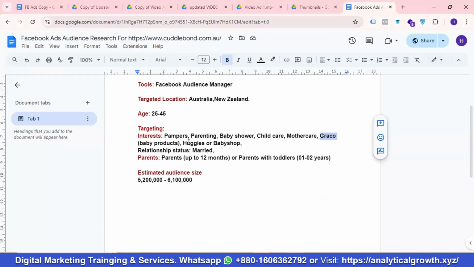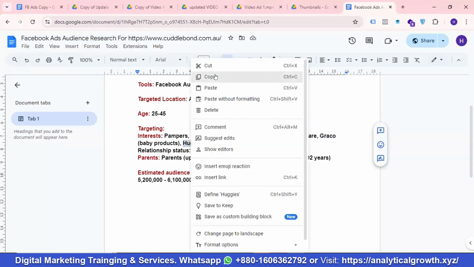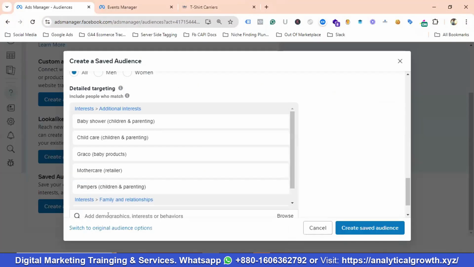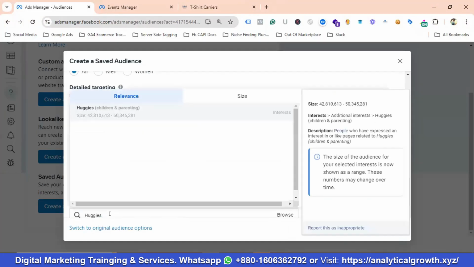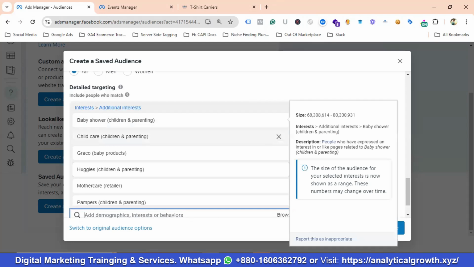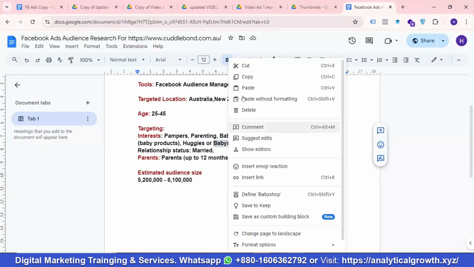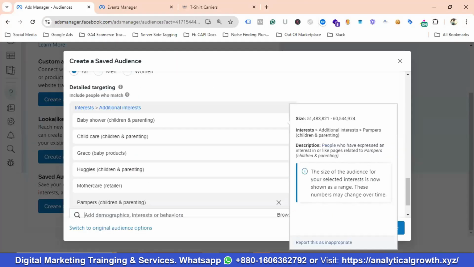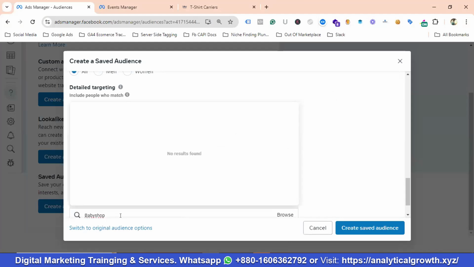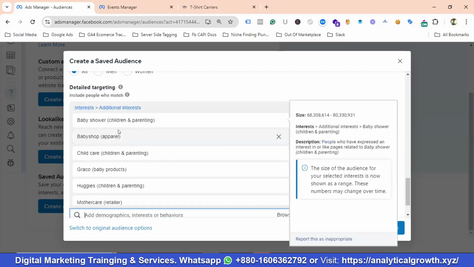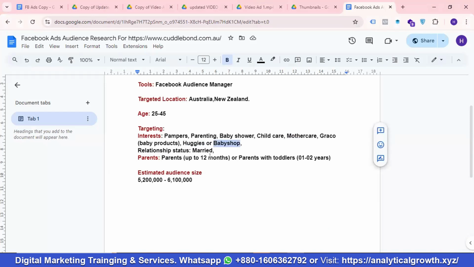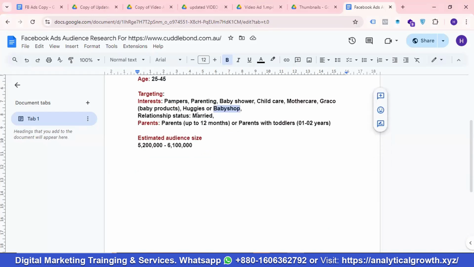Then Huggies, then Baby Shop, then we're going to be targeting married persons,